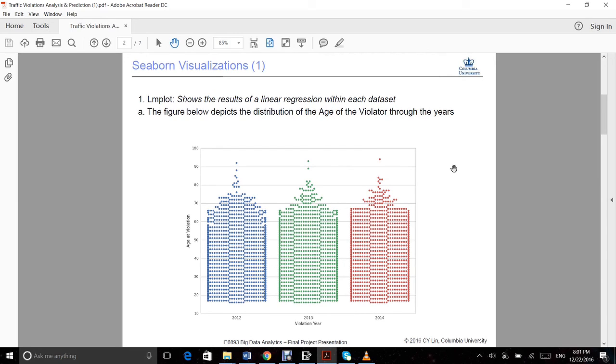The first one that we will look at is called the LM-plot, which shows the results of a linear regression within each dataset. As you can see below, I have plotted the age of the violator versus the violation year, which is basically the age at which the violator was when they caused the violation. And as you can see, for the different years 2012, 13 and 14, we have a randomly distributed age at violation for the different parts of the year, and we can see that as we go higher, the plots